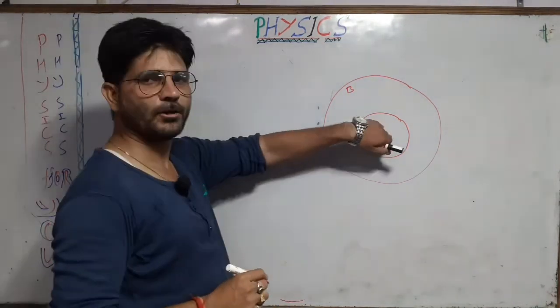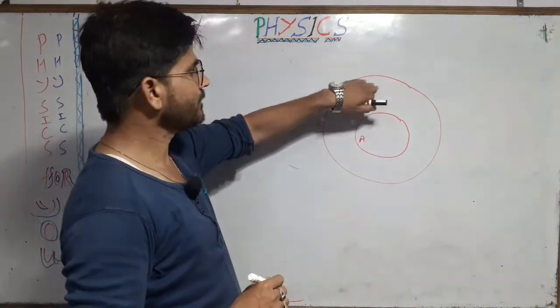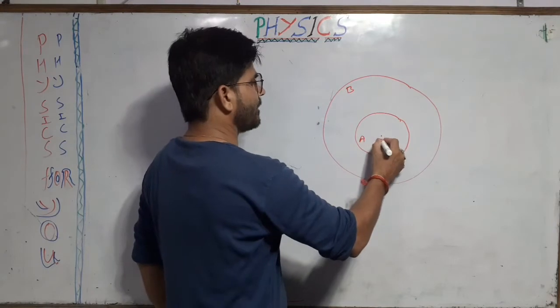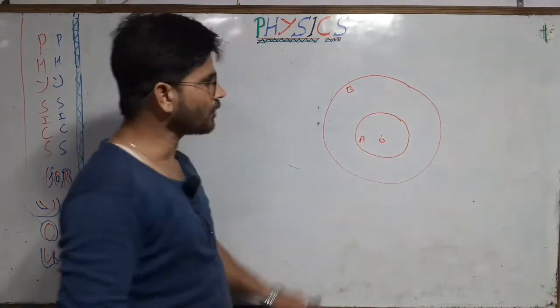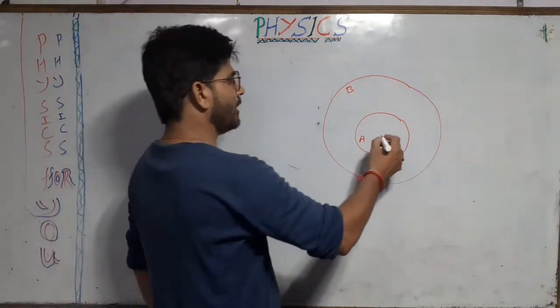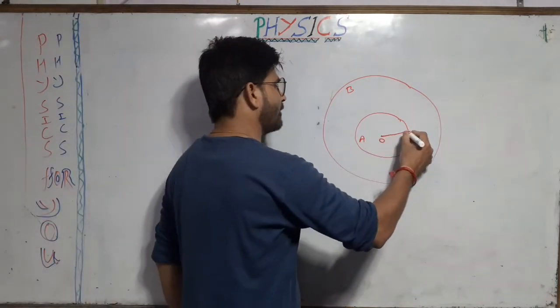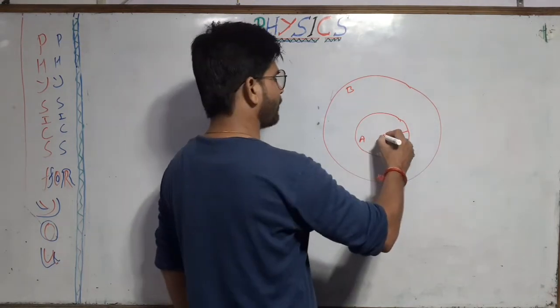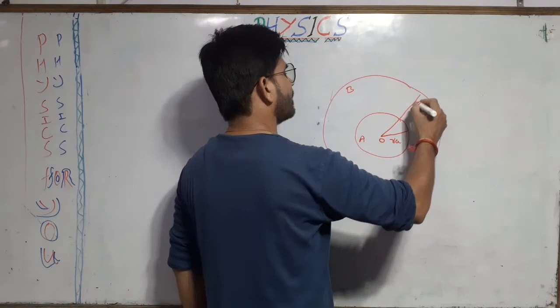This is a hollow sphere and this is a spherical shell. This is the common center of both the spherical shell and the sphere. The radius of this small sphere is Ra and the radius of this spherical shell is